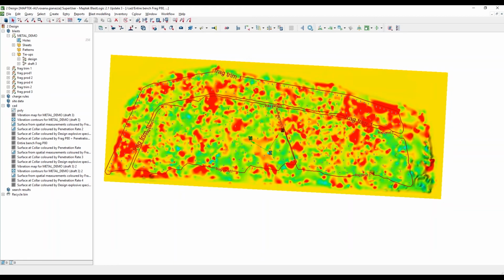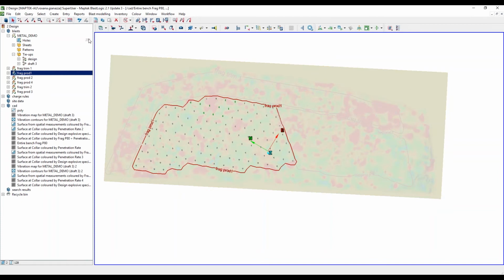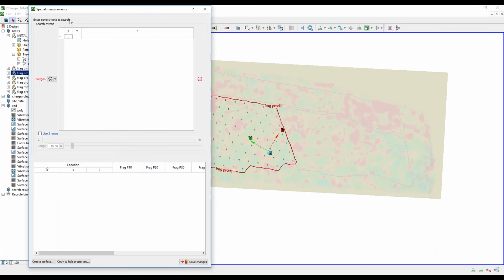Another really cool thing you can do with this new feature is not just create surfaces, but also interpolate data back to your blast. So if you collect data points with a CSV, but you want to correlate it back to a single hole ID, you can still do that using the Spatial Measurement tool. So I'm going to click on the blast name, go Entry, Spatial Measurements, click Draw a Polygon,